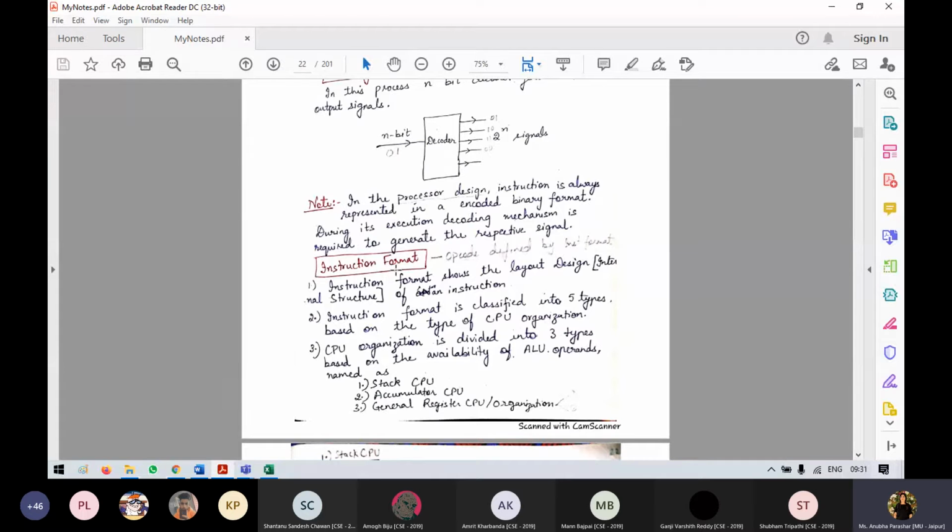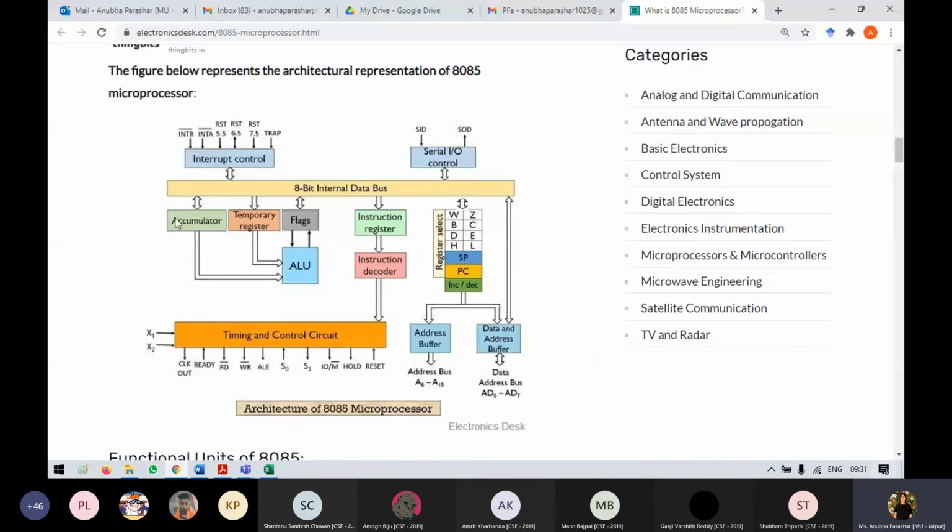So the instruction format shows the internal structure of the instruction. It could be represented through a stack, or through an accumulator, or through general registers in the CPU. This is your accumulator, nothing but a memory.